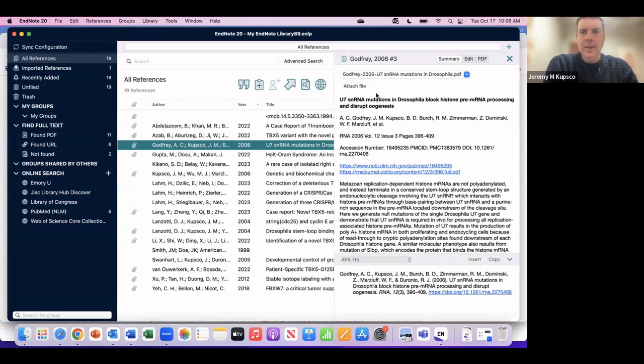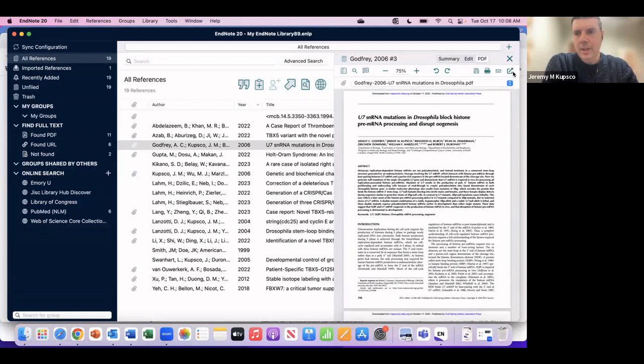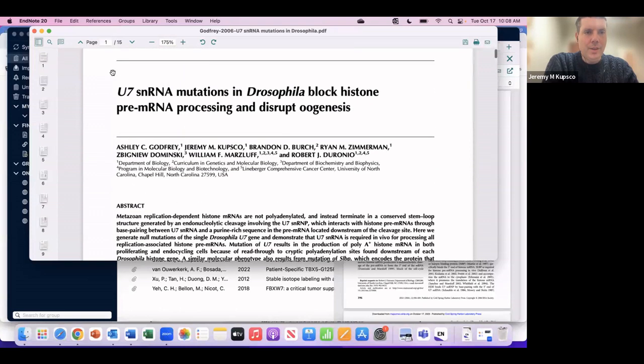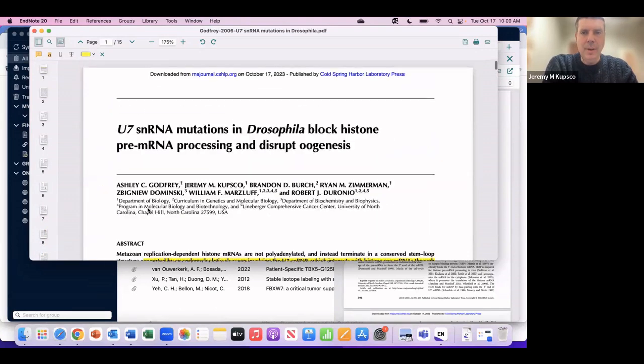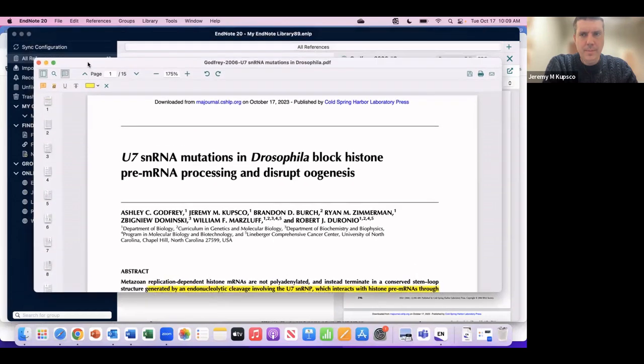Scoot this out of the way. So if there's a PDF attached, you can go over to PDF. You can see the PDF here. You can make the PDF full screen. And you can also go through and annotate the PDF, such as highlighting, leaving digital sticky notes, and so forth. So it's a great way to keep yourself organized with all of your PDFs.